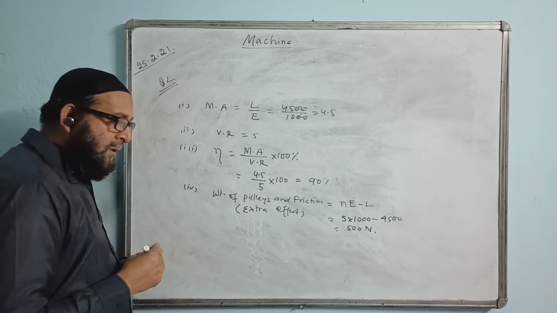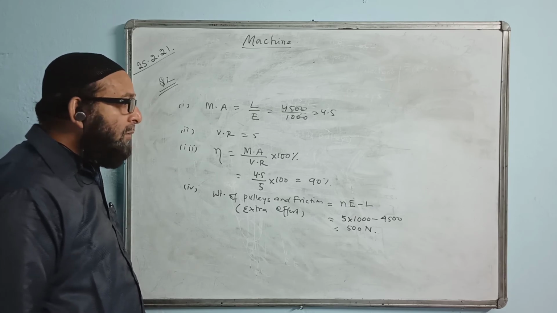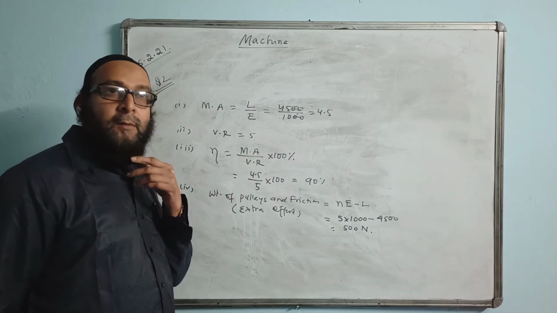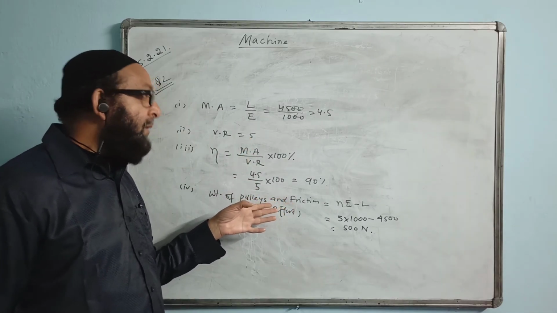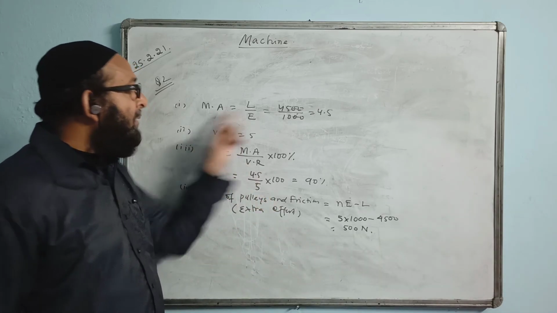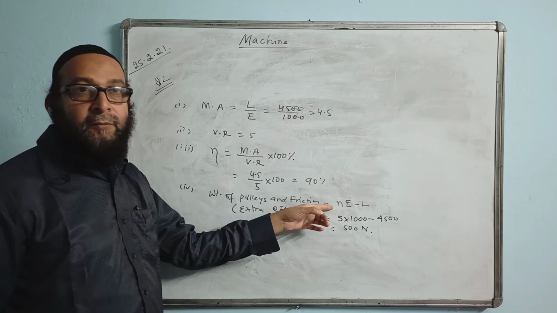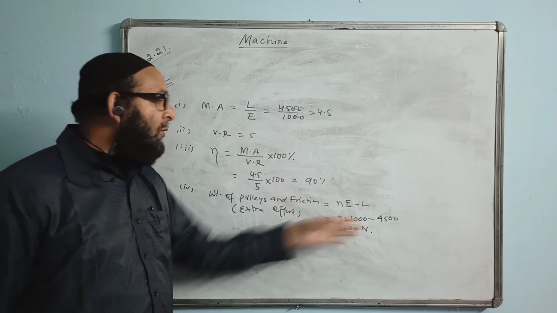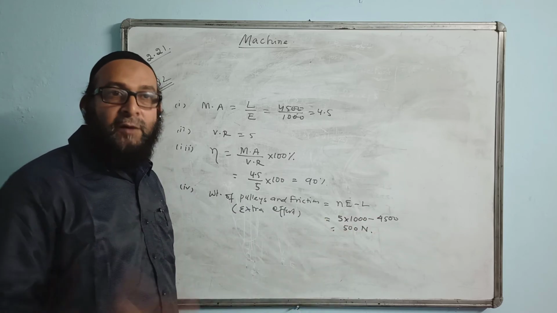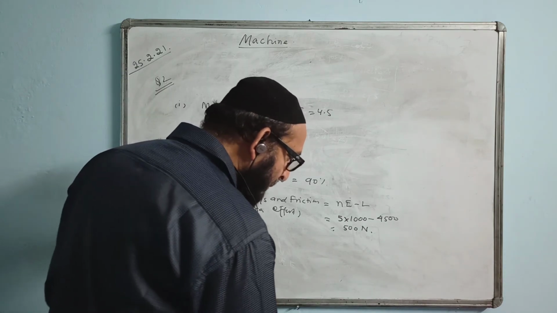That is the answer. Had this been an ideal pulley system, then we would have overcome a load of how much? 5 times more than the effort. If this one would have been ideal, then you could have overcome the load, I mean, the mechanical advantage would be 5. Number of pulleys, how many? 5. So it could have overcome a load of 5000 Newton, but it is actually overcoming a load of only 4500. That is, 500 extra effort is given, or that is due to the friction and the weight of the pulleys. So that is the answer.